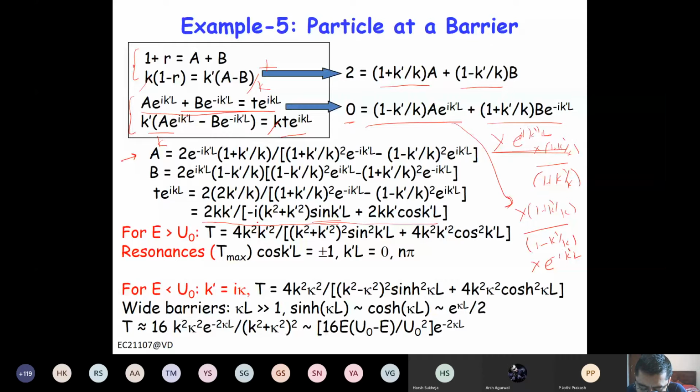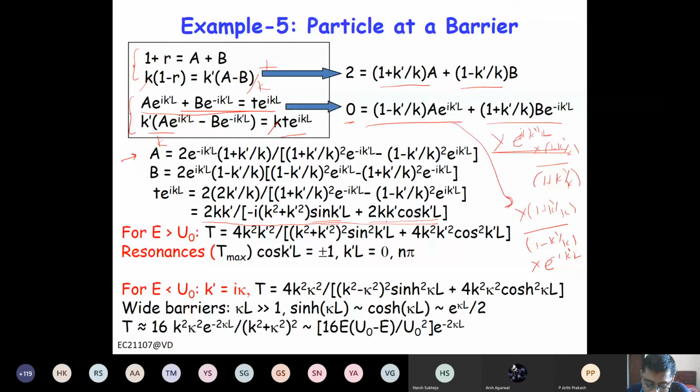And because it's 2 sine iota kl, you can cancel 1, so it is only 2 here in numerator instead of 4. And then this is k square plus k prime square. This is 2kk prime, and this is minus 2k prime. So this is plus here. So addition of these two will give cosine k prime l. So 2kk prime cosine k prime l.